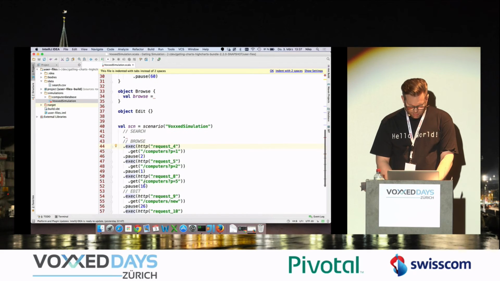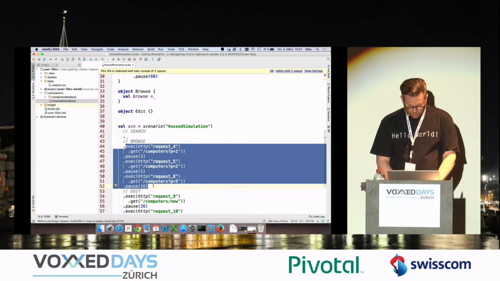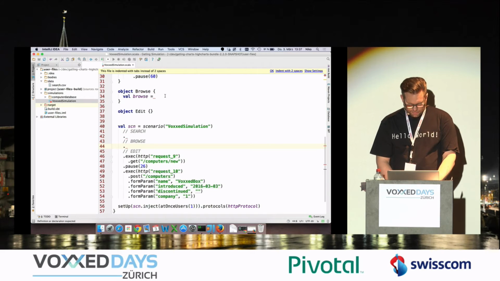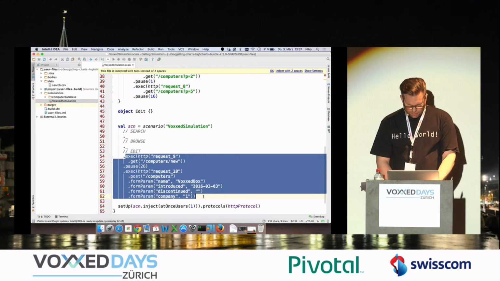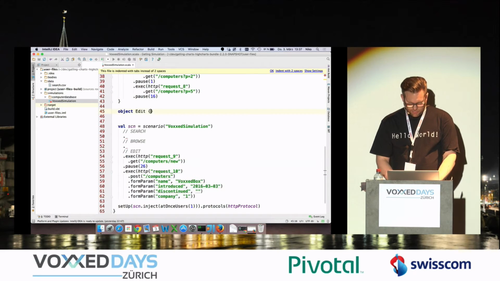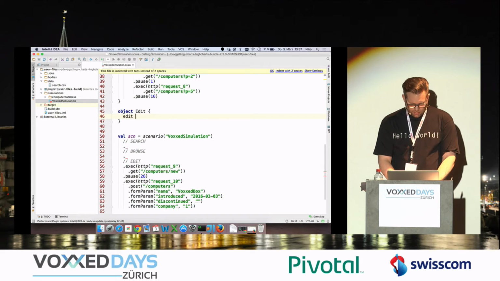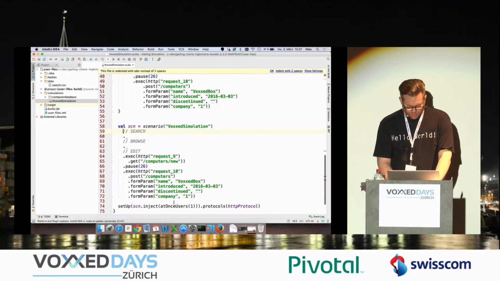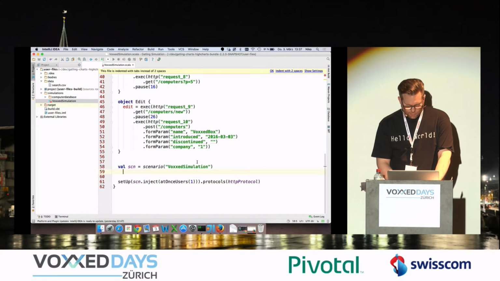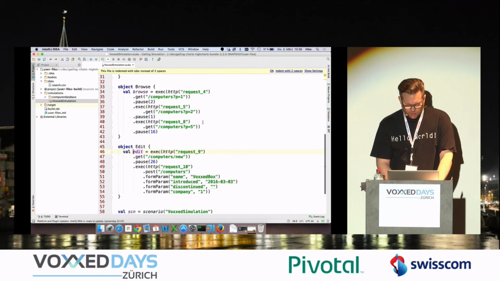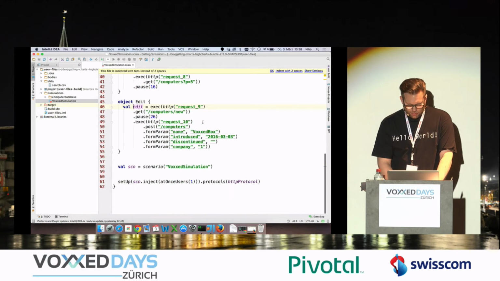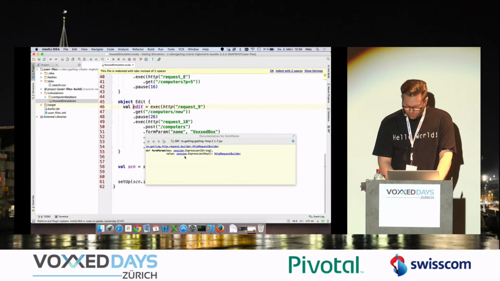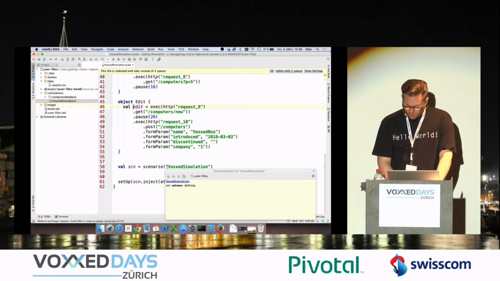Take this one, browse, including the break, and of course the edit function. So we can delete all this, and this is a value object. Looks good. And now we have to set up our scenario